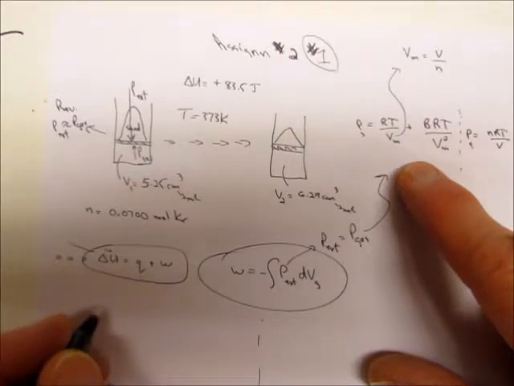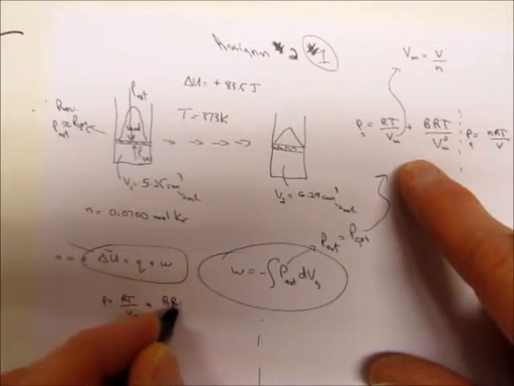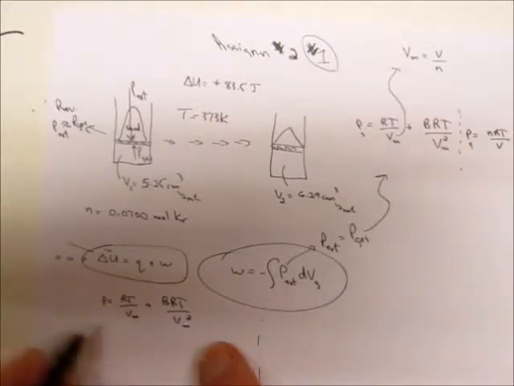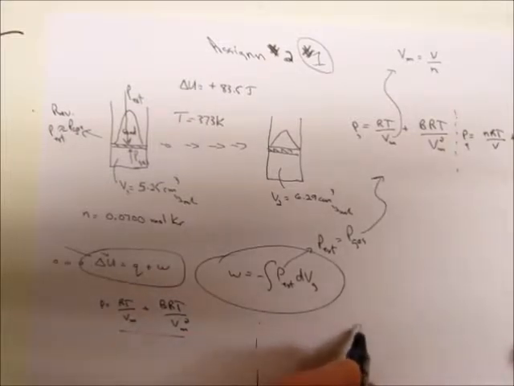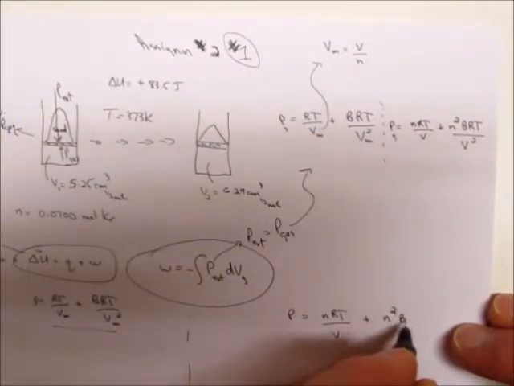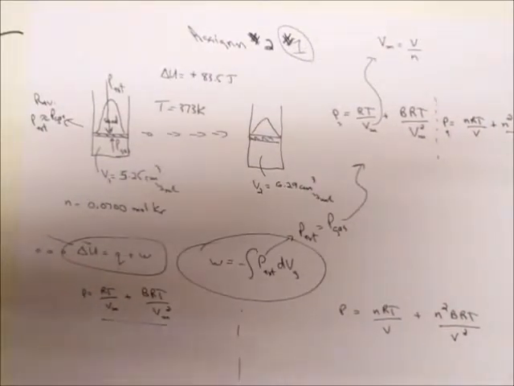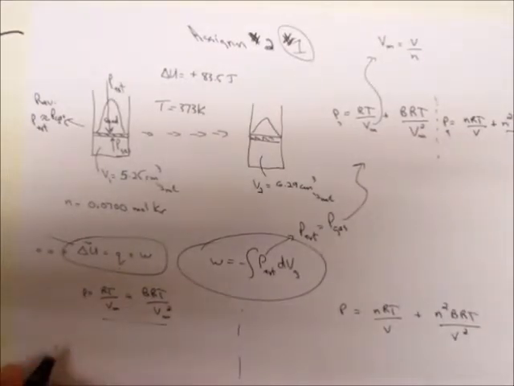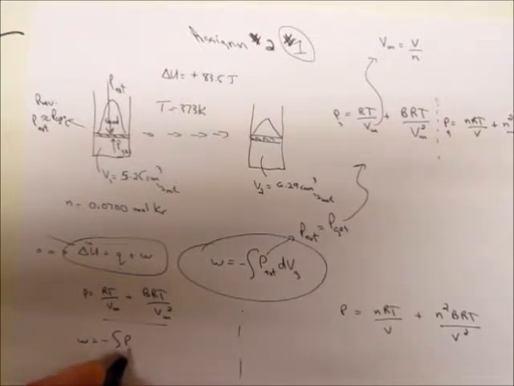So let's put the molar volume one over here. So we'll solve it using molar volume for pressure. And over here we'll do the normal volume with moles separate, and N squared b RT. So I'll set it up. And I would say a couple of things first. If I was to start off with this,